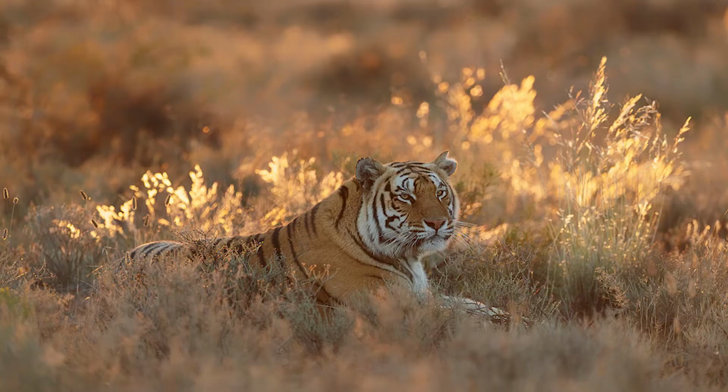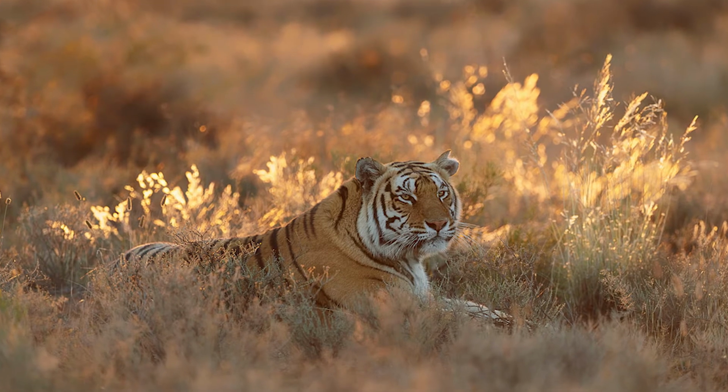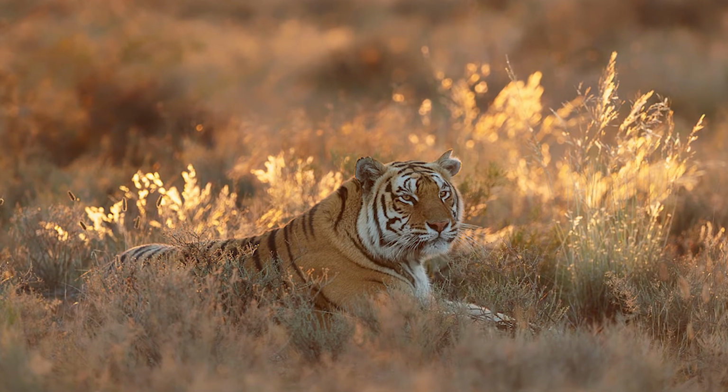The last con about this lens is, since this is an f5 to 6.3 lens, this is not very fast, and the image stabilization on this lens leaves a lot to be desired. This is in no way as good as Nikon's or the class-leading image stabilization you can get on Canon lenses. So in Indian jungles, when you're traveling on a gypsy, it's very difficult to mount a tripod